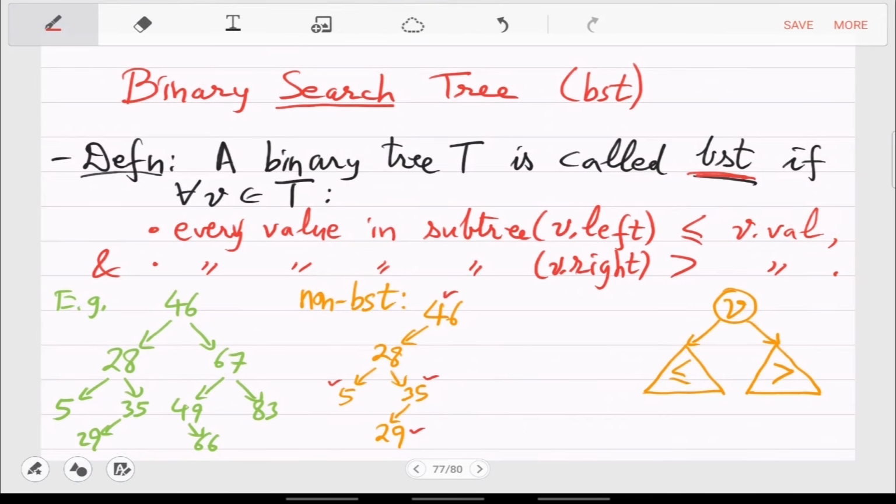It's only this 28, when you look at the node 28, you will see the problem. That its left is fine, but its right has 29. Right? So to see the violation, you have to check each and every node.